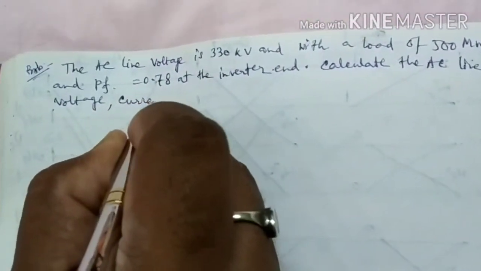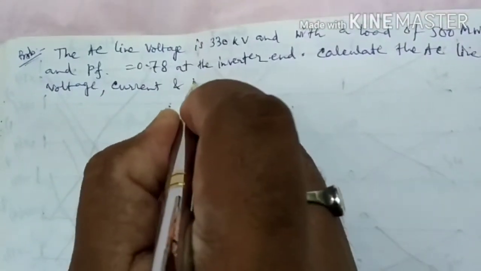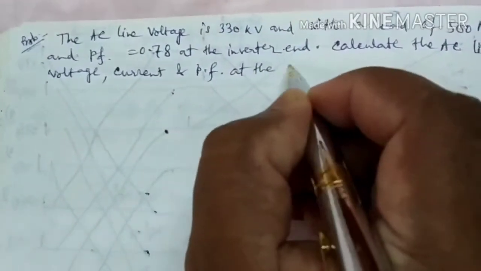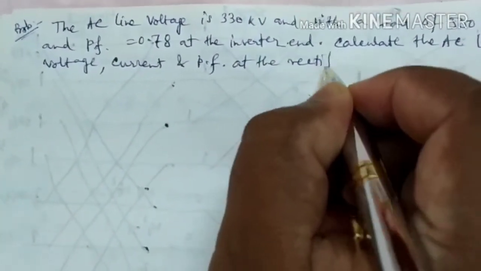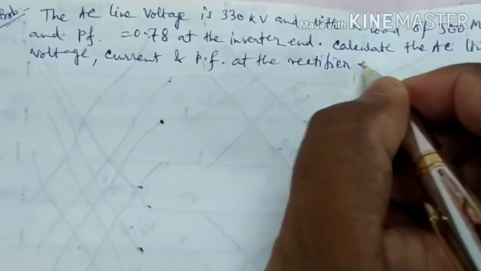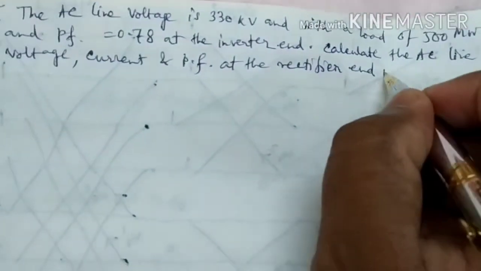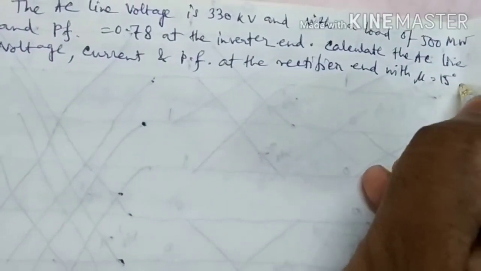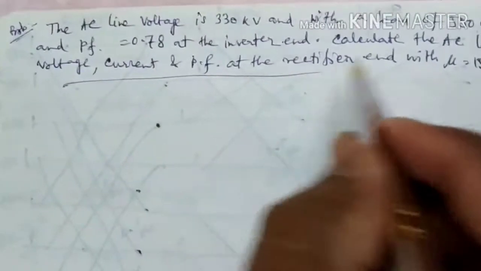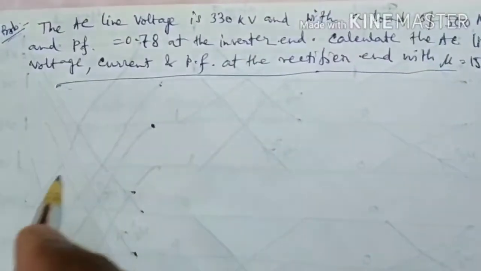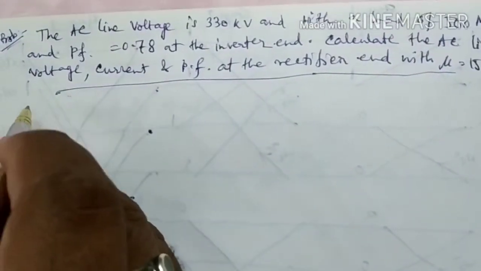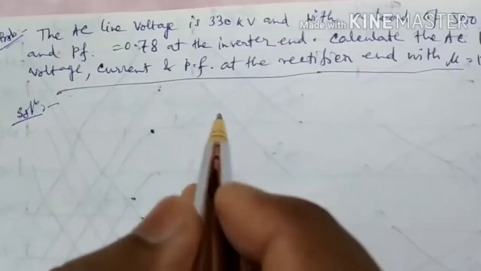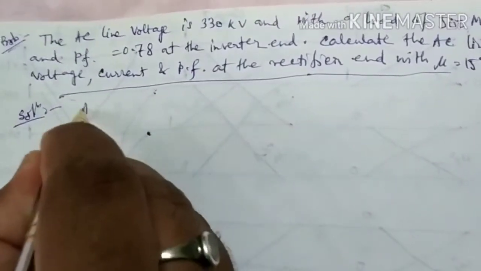current and power factor at the rectifier end with mu equal to 15 degree. So this is the problem. How will it be solved? So the solution: at the inverter end